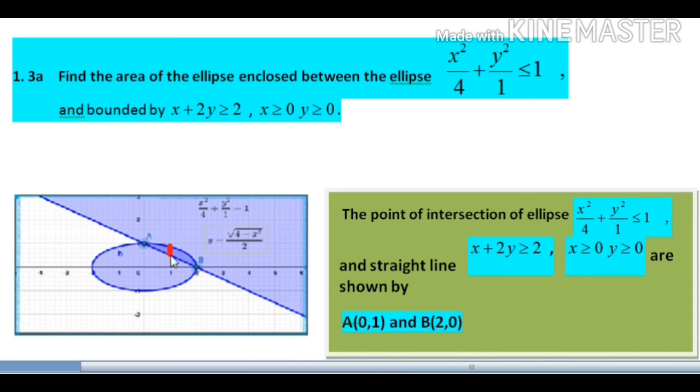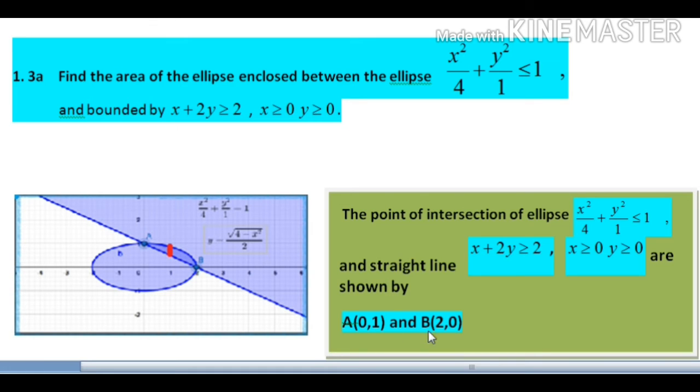So we take one vertical strip inside the region. If we take a vertical strip, then the order of integration will be dy dx, and if we choose a horizontal strip, then the order of integration will be dx dy. We shall solve the problem both ways. First we solve taking a vertical strip, right?